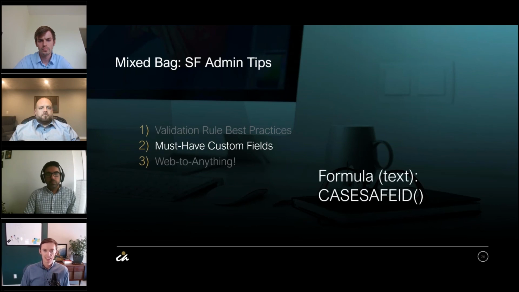And the next one is case safe ID. So everyone has probably heard of this field, or run this formula before, because the native ID is 15 characters, but the translation of 15 characters into 18 characters is done through this formula field, which is case safe ID. The problem with this is that it contributes almost half of the total formula size, or the compiled size of